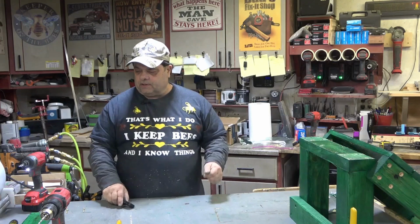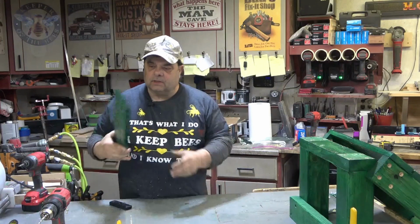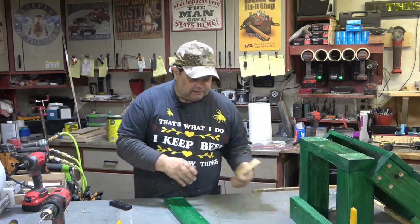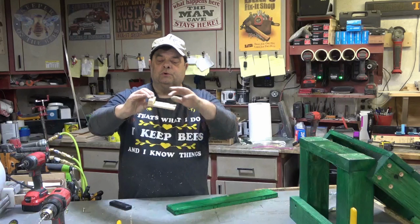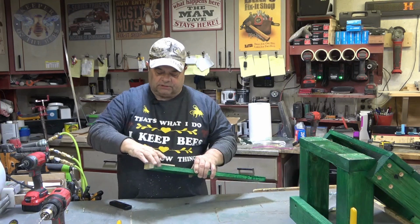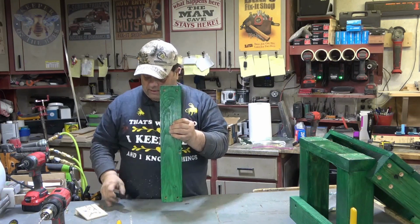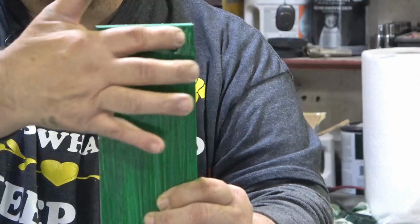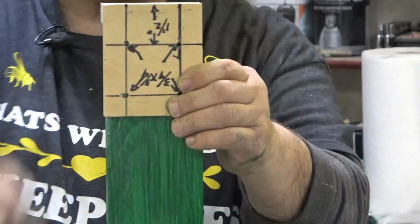Okay, so another step that you have to do is drill your holes in all of your decking. That should be done before you stain this. But anyways, you use the template the same way. These 2 inside holes are measured out so that when you put this on the edge like so, your holes are 3/4 of an inch from here to here. Let's see if I can't show that to you. Okay, so the 3/4 here to here from the edge, and your jig fits on like so,